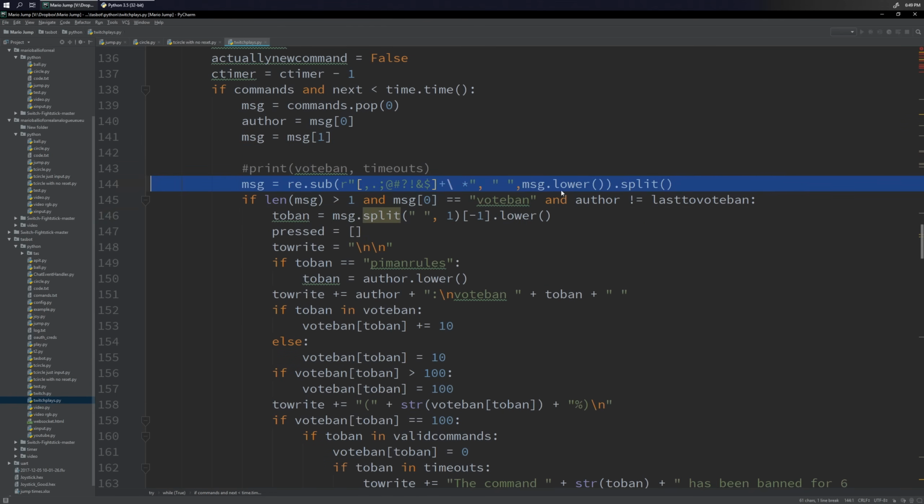Then there's a regex here. I probably stole this off the internet because I never write regular expressions because they're complicated and confusing. This one's pretty straightforward though. I think it's just stripping punctuation, right? That's what it looks like. And then we also split the message on... Oh, you know what? We don't strip the punctuation. We replace it with a space, and then we split on that space. I think that's what's going on here.